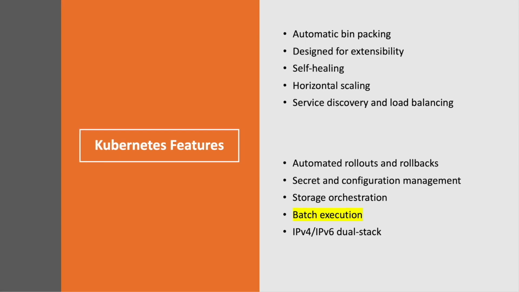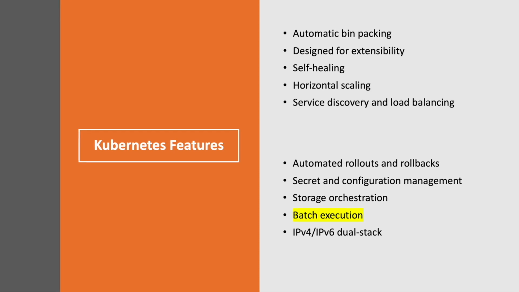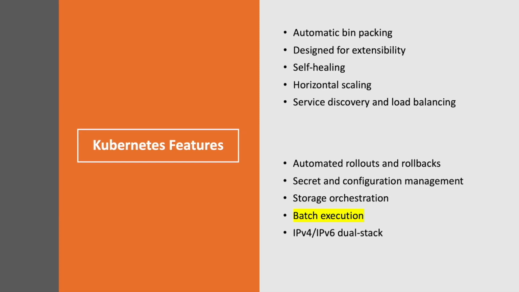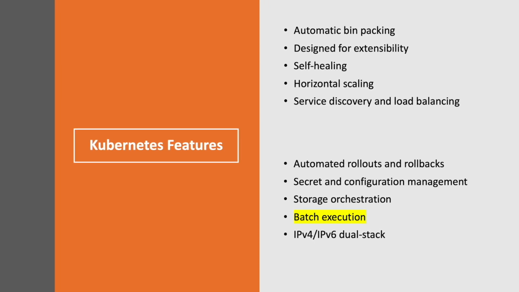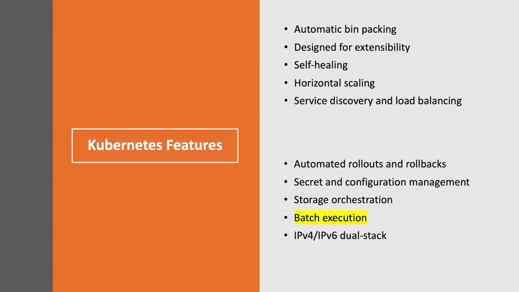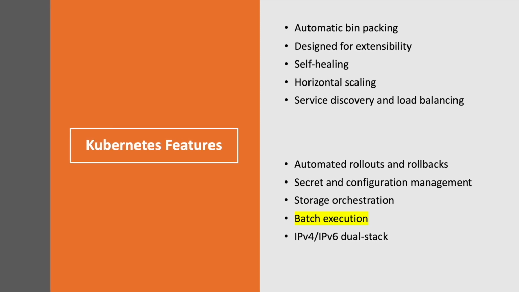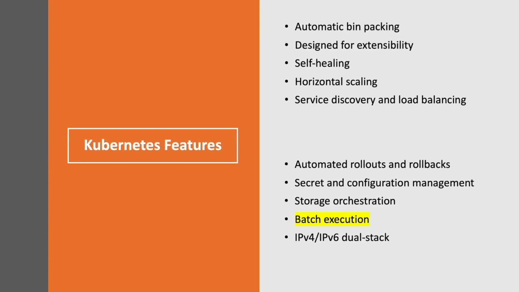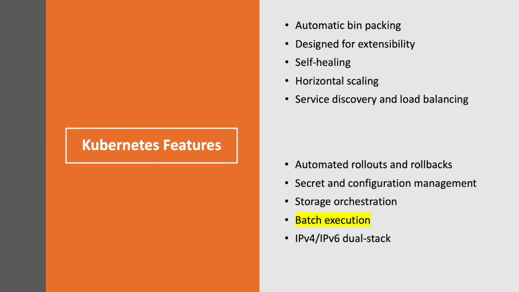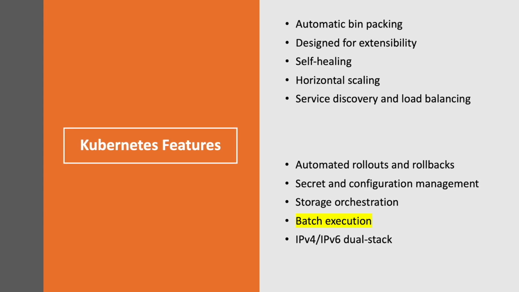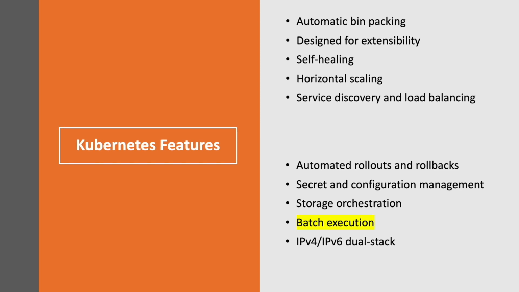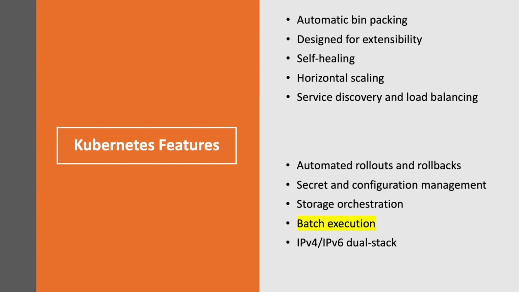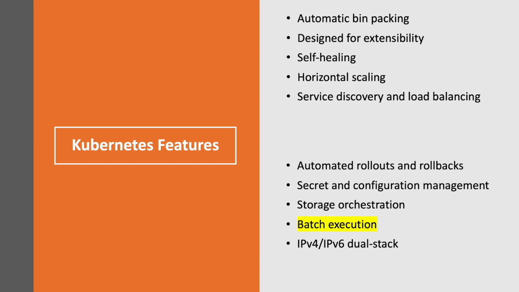With that, let's talk about the batch execution. Batch execution is the thing where Kubernetes allows you to schedule some sort of job to execute in batch in the background. So we have discussed that there can be different microservices which may be running, which you can schedule. But other than these microservices, there could be maintenance jobs which you want to schedule on your cluster so that they can do some sort of